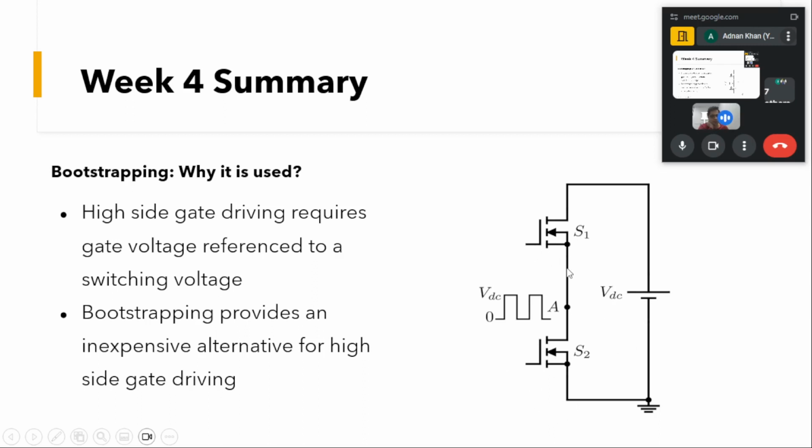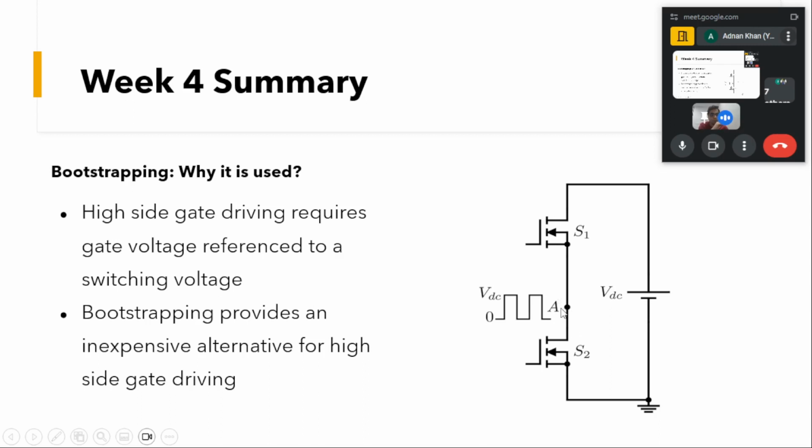This is the gate terminal and this is the S. We provide this VGS voltage for the top and bottom devices in order to turn them on, and we had seen that the VGS voltage in case of the bottom device was provided with respect to this ground. But in case of this high side device, we had seen that that voltage was to be provided with respect